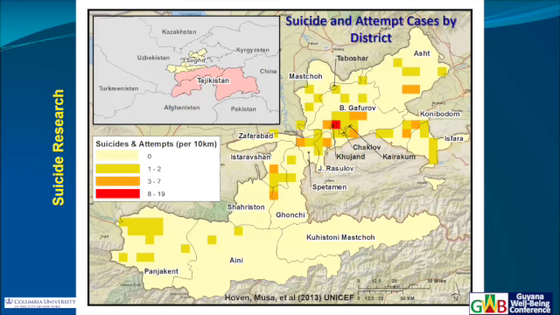This is cases of suicide and suicide attempts in Tajikistan in a project that we did back in 2010. And you can see that the boxes show the range of suicides and attempts. And they're aggregated to the kilometer just to show concentrations or possible clusters of suicide. Now you'll see Kujan, which is that red dot in the middle, that gets highlighted. Why does it get highlighted? Because it's the highest number of cases.